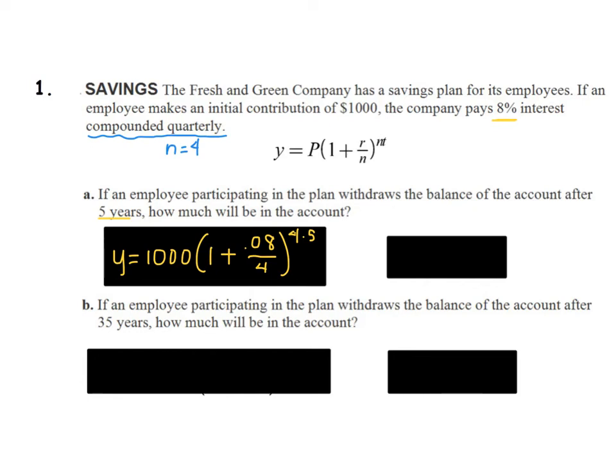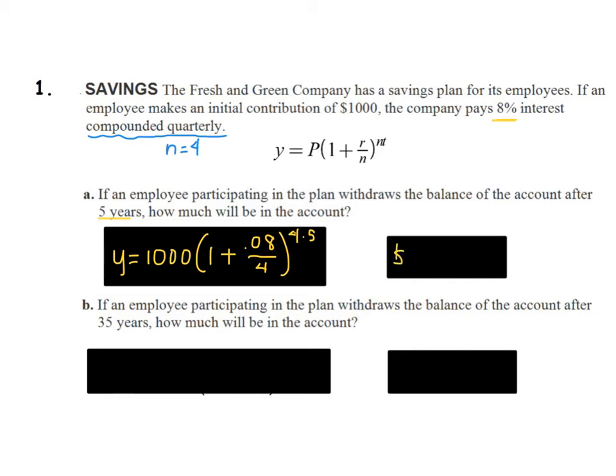Okay, at this point you're probably going to need a calculator and put this in the calculator. Now when you put this in the calculator, I would highly recommend this exponent up here, 4 times 5, I'd highly recommend you go ahead and multiply that in your brain. 4 times 5 is 20, and put that exponent as 20. It's easy to get that 4 and the 5 in the calculator, accidentally bring it down so it's not an exponent. So just go ahead and multiply that in your brain. So put it in the calculator as raised to the 20th power, and let's see how much money